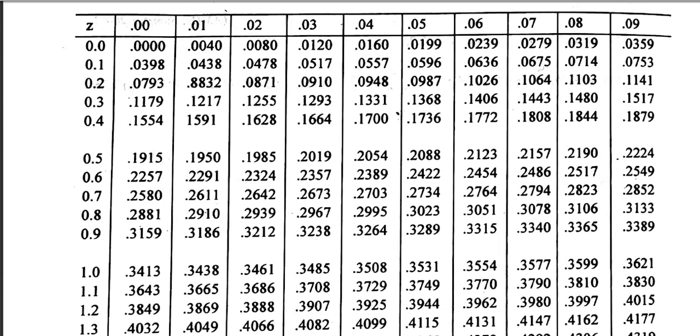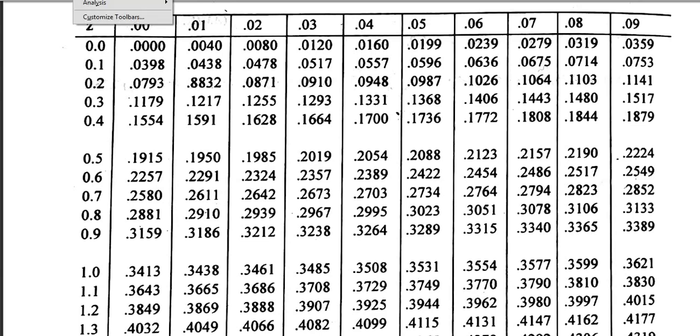So here we can take any example. Suppose z is equal to 0.12, take 0.1 and 0.01. This is equal to 0.438.